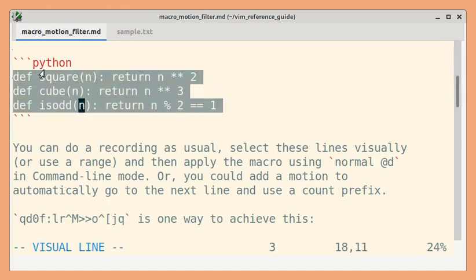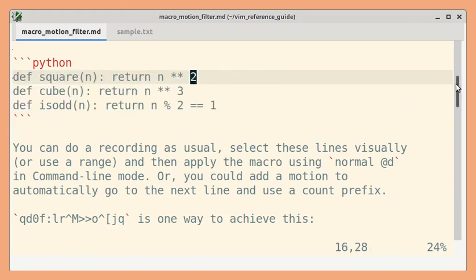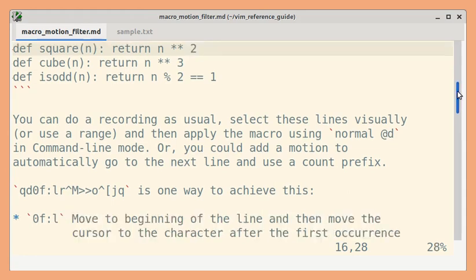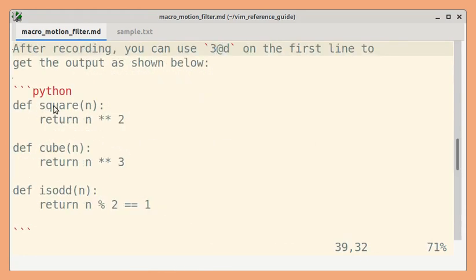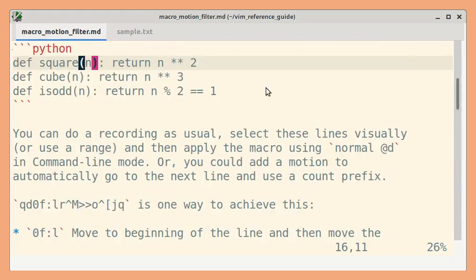So these are Python function definitions that have been written as single lines. We need to convert them into multiple lines. Let me show the required output. So you can see function definition and statements are in separate lines. Let's go back. Let us see how we can record this macro and add a motion command at the end